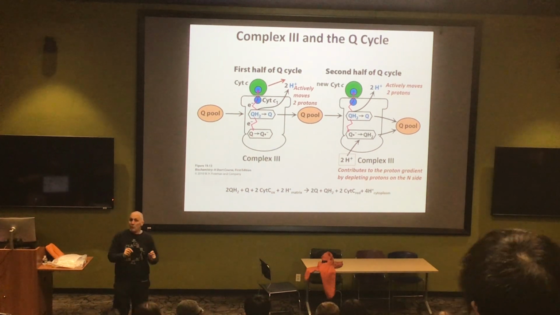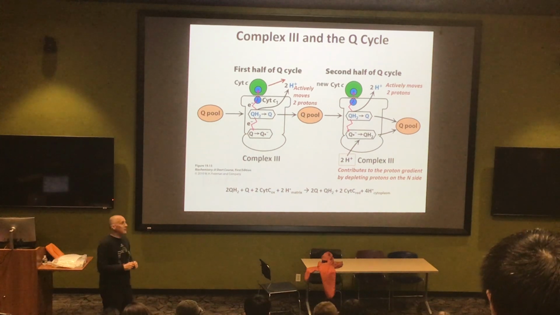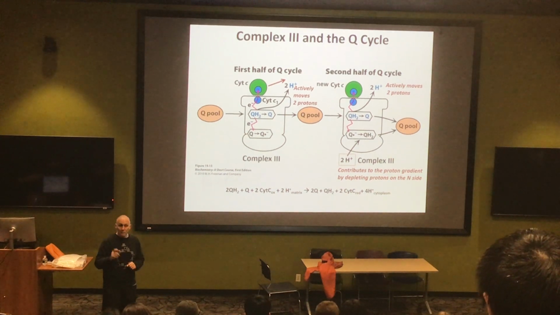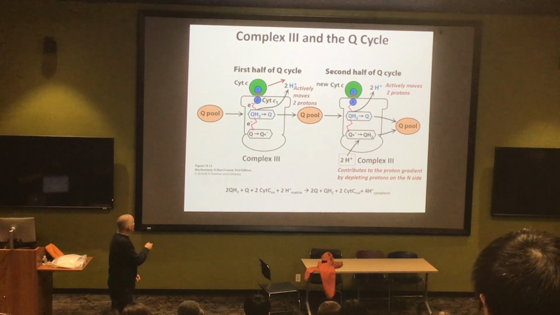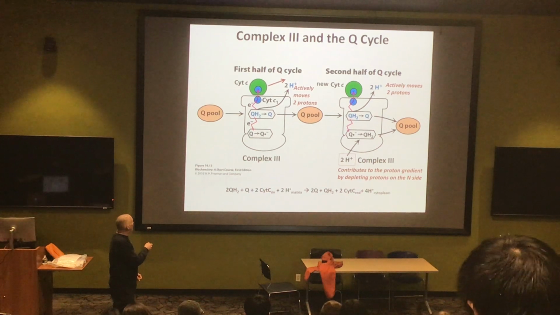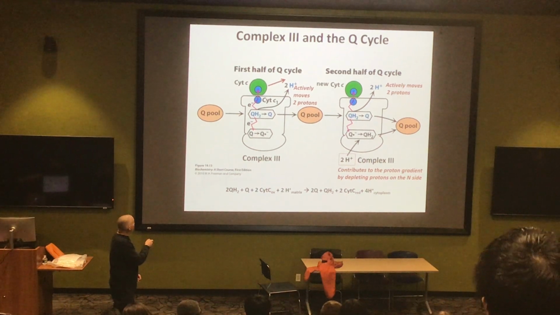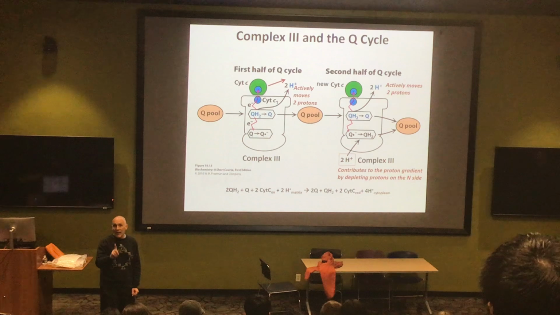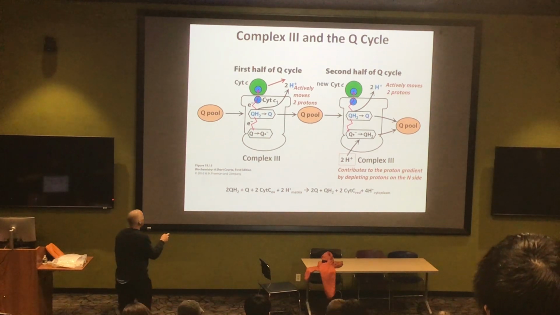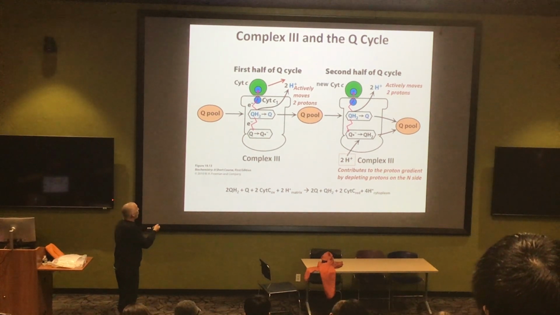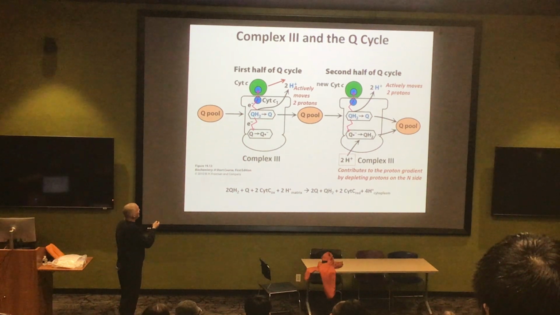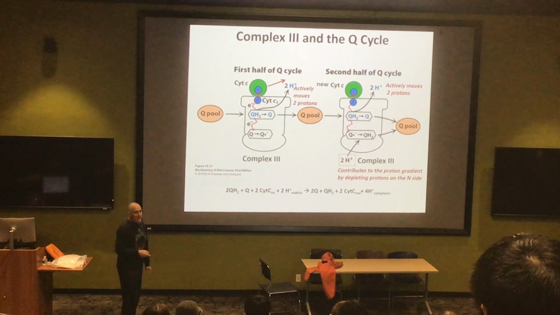One will only accept a reduced quinone, one will only accept a fully oxidized quinone. What happens? Each of those bind into their respective binding sites. A cytochrome C, which can accept 1 electron, binds at the side of this protein. One electron goes up from the QH2 to reduce the cytochrome C, and it leaves.